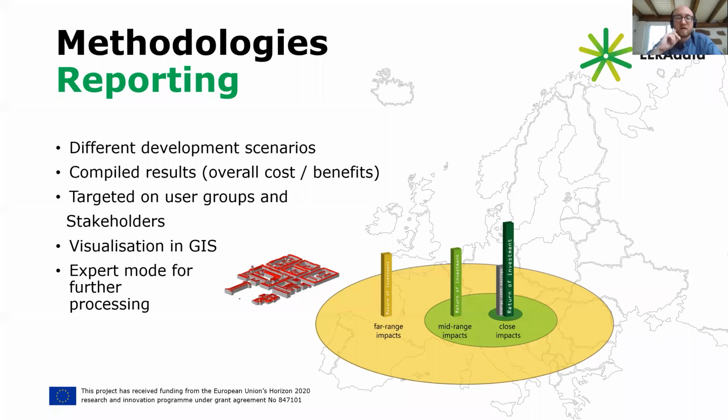So we will have 2 to 3 different levels of reporting. One will be showing only the overall costs, benefits, maybe in different scenarios, on a visualized GIS map. And then for the expert, we will have the option that they download data sets, they perform calculations based on our outputs in their tools. And also the grade of information in the GIS model will be different and deeper.